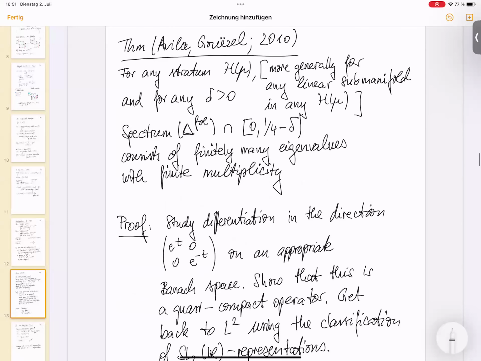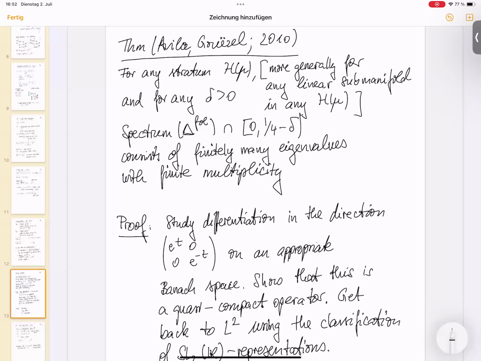To give a one-sentence idea of the proof of that theorem, let me mention that they don't study the Laplacian or the Casimir, but rather another element in the Lie group, or sort of the flow, the diagonal flow in SL2R, e to the t, e to the minus t, and the corresponding differential operator. This operator behaves very, very well because it contracts in some directions, and behaves very badly in other directions